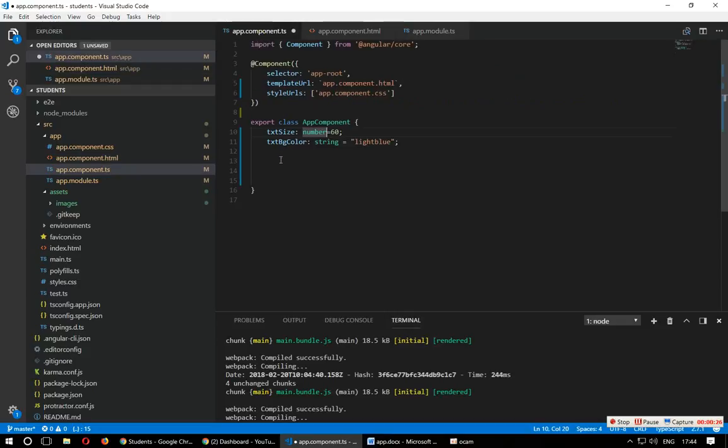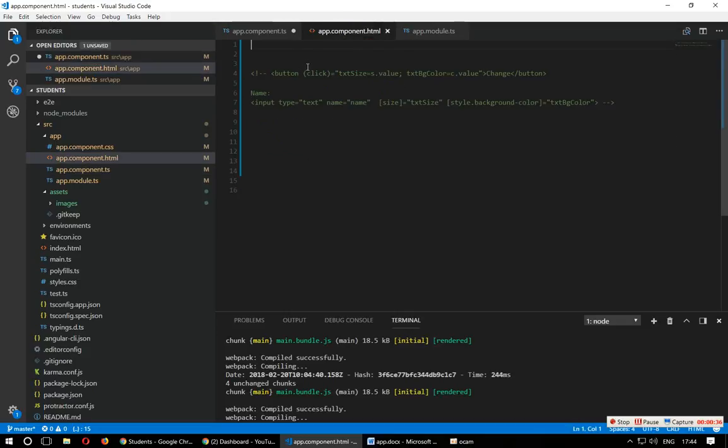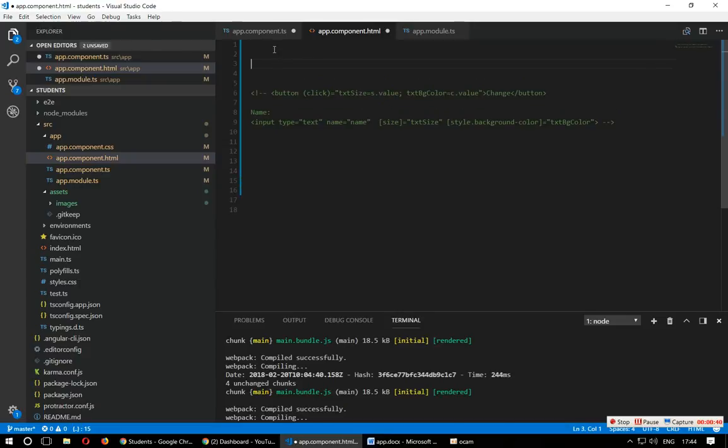We know that we will have a class here. In the class we can create class level variables, and we can use the variables in the class itself, and we can access them in the template also using data binding techniques. Moreover, we can create template variables also. That means the variable can be created or declared in the template itself, but those variables should represent some elements